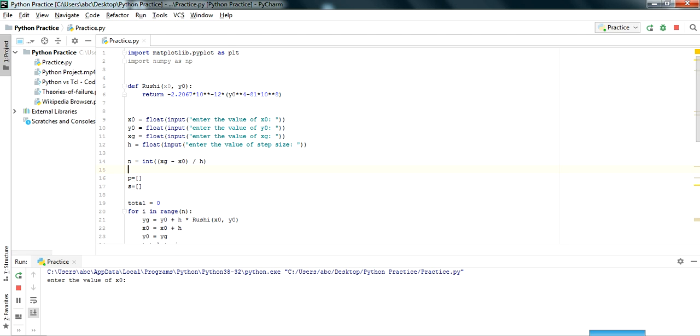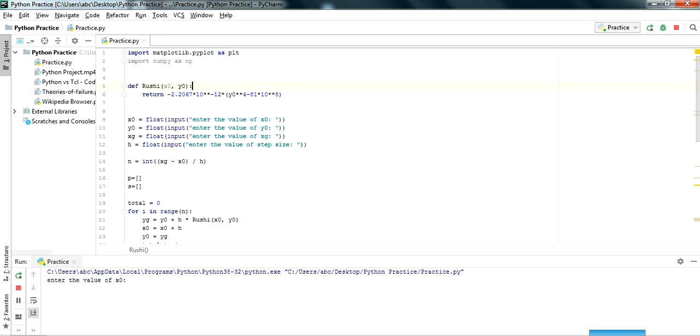To save time, I already typed a complete program for this problem statement. In the basic stage, you have to import matplotlib.pyplot and then numpy as np. Both are libraries which play an important role.